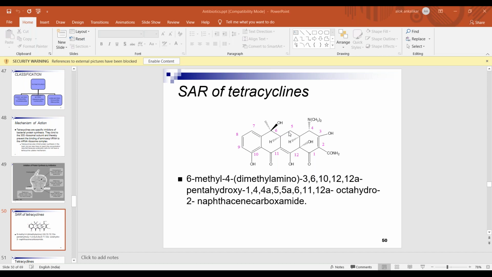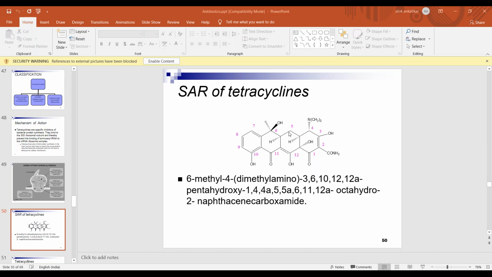The next is amide hydrogen can be replaced with a methyl group and groups larger than that, but this does not give a favorable activity. So maintain that amide hydrogen which you have. If you replace it with a larger group than methyl, you can have methyl, but if you have a larger group, then it is not going to give you a favorable compound or a compound with good activity.